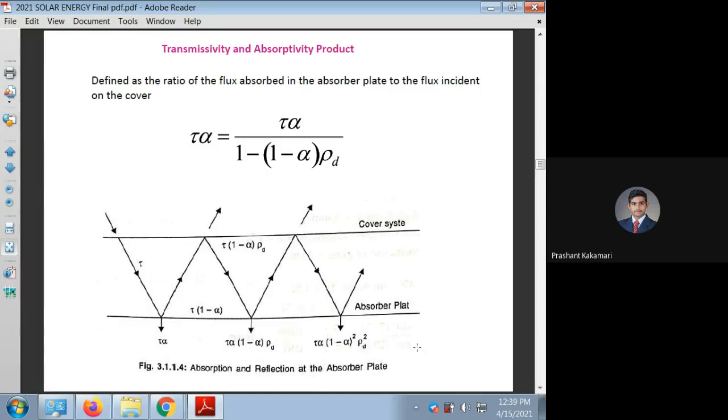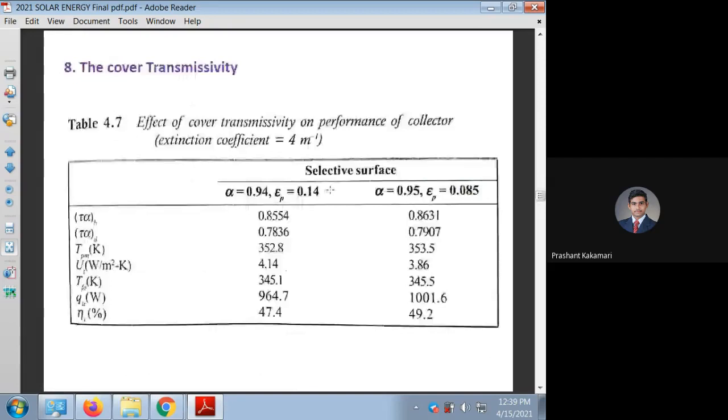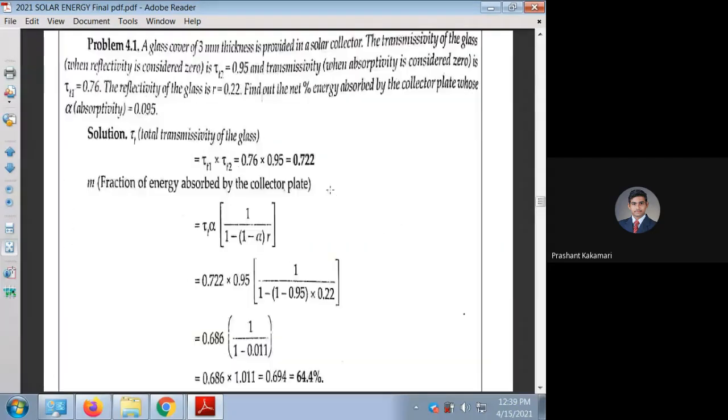You can find by using this formula. Tau into alpha, or you can take the tau alpha product, divided by 1 minus into bracket 1 minus alpha, the absorptivity of the plate, into bracket rho d. Rho d is diffusive reflectivity. So reflectivity value is also 1. What is that value? Reflectivity. Reflectivity is given here